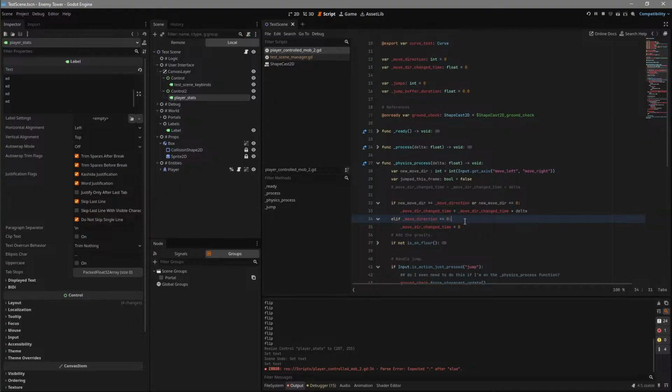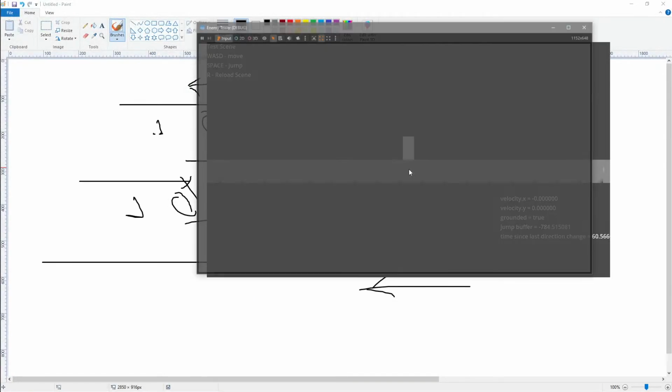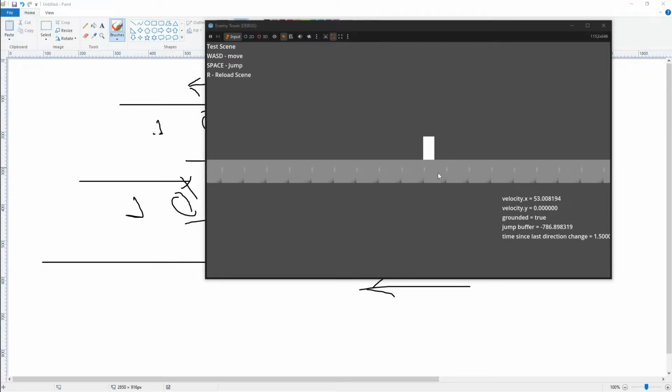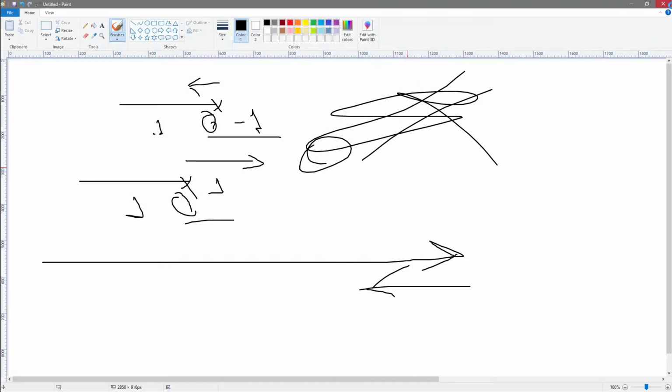Wait, why is this not working here? Okay, no, am I just stupid? Yeah, I am. I didn't stop to realize that it was working. Okay, so like 0, 1, 2, 3, and then I stop, then it's still going. And the idea is if I flip, now it's gonna reset, but if I go left and then left, it's resetting. So that's what I need to keep track of